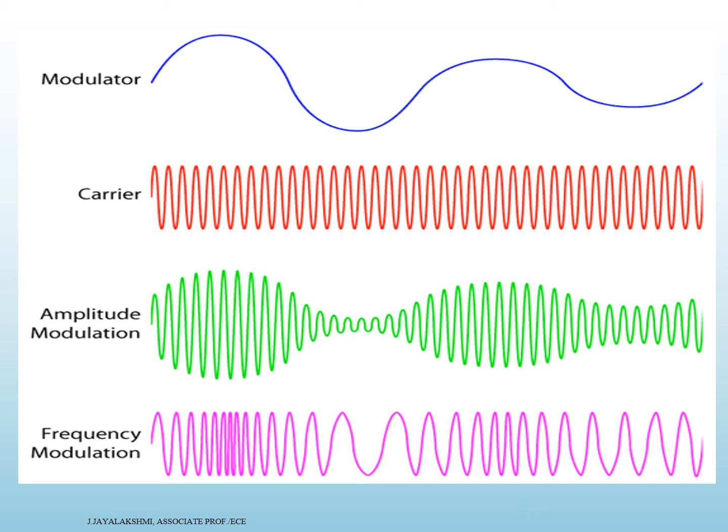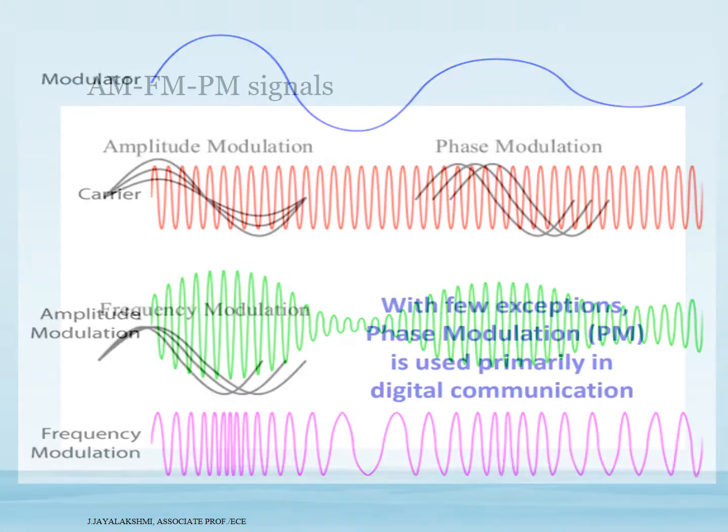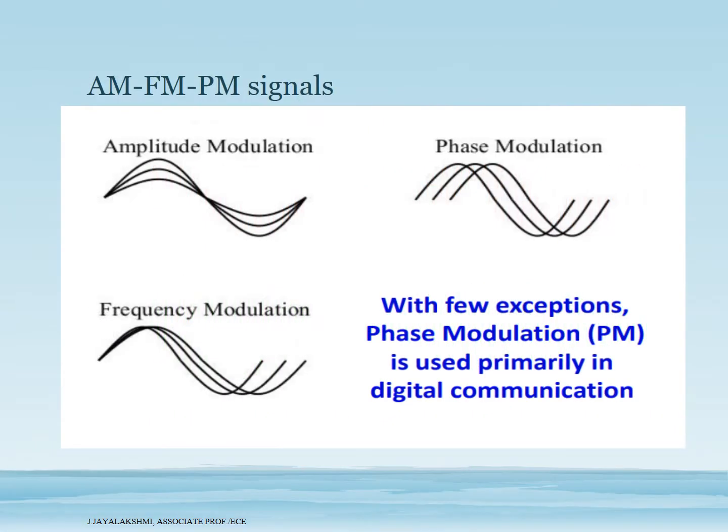To better differentiate between frequency and phase, note that your angular frequency is denoted as omega and your phase is denoted as theta or phi. To know the difference easily, you can see this is the amplitude modulated signal. The amplitude is varied, the amplitude reduces here, whereas in this case, the frequency, that is the time cycle, varies. So, this is say one time period T1, and from here to this end the time period is T2, and assume from the starting point to this end the time period is T3.